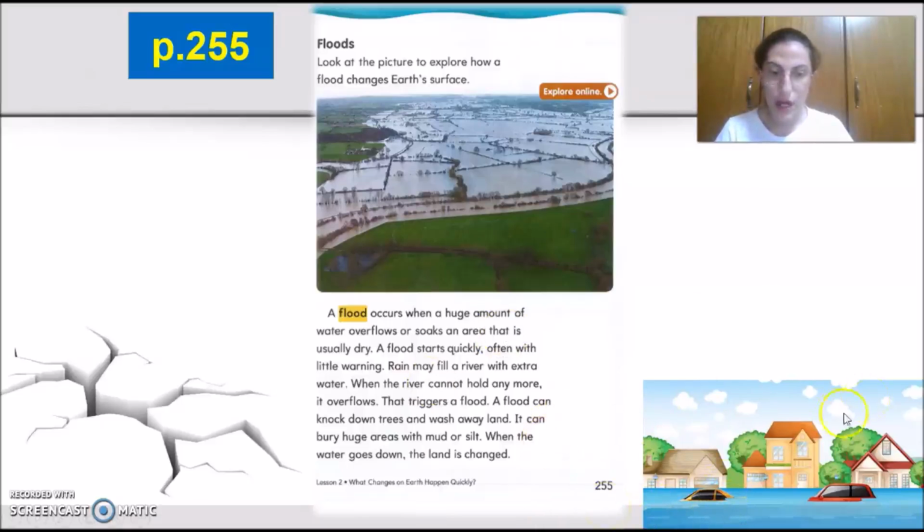Clear so far? How? Because the trees might be knocked down, the whole area is covered with water, and now the things over here will be carried away to other places. The soil is going to be mixed with the water, changed into mud, and it will be carried away by the water to a new place. Okay, so it's washing away lands, and then when the water goes down, the land is changed. We will discover that the land is changed. So kindly underline: a flood